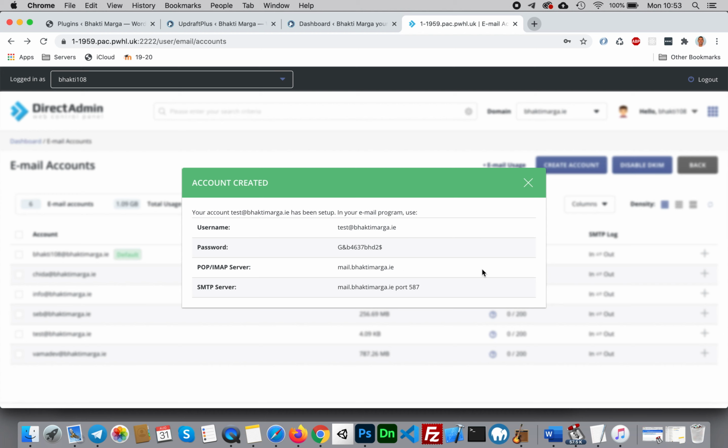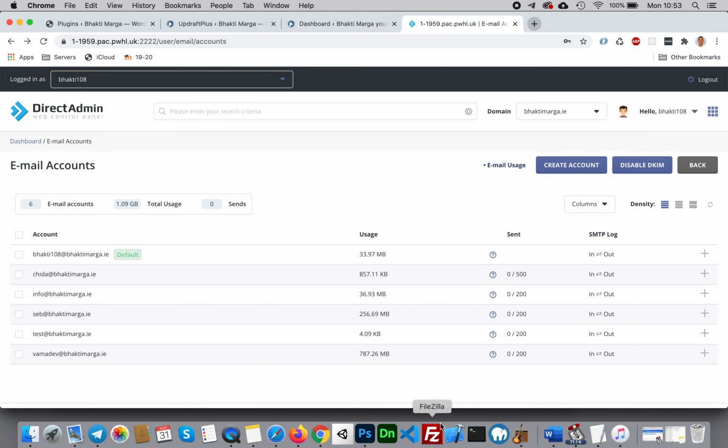There you go. So there's the actual details here. What I tend to do is just take a screenshot of that, so I've got that done. It gives me my mail server and a port and everything that I can use in my setup if I'm asked for these details. Okay, so the email address is in there. Obviously, what you would then have to do is choose whatever